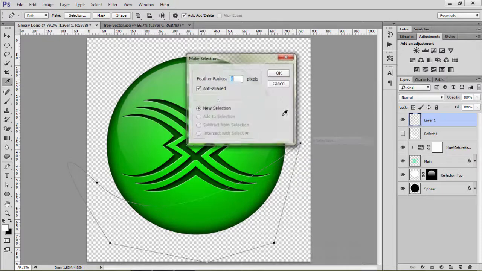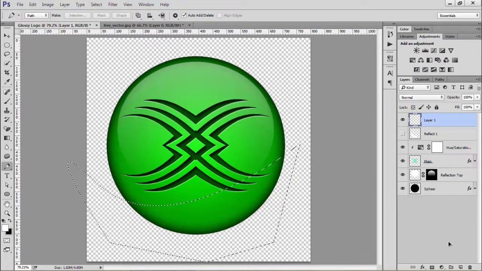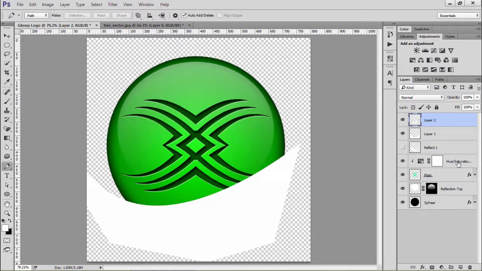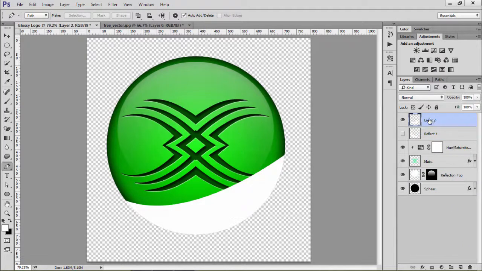Now we will right click and make a selection, hit OK. Now we will press Alt plus backspace to fill it with white color. Now press Ctrl D and let's repeat the previous procedure: press and hold your Control key, select this layer and take your cursor on this cube. You will see that a cube will appear on your hand, and give it a click. It will select the sphere. Press Ctrl Shift J to cut this. Now we'll click and drag and remove this because we didn't need this. Change its name to about